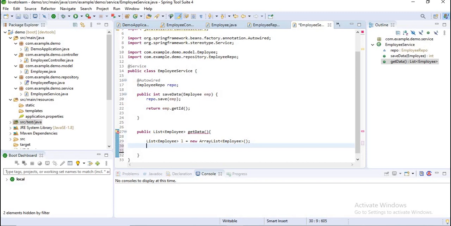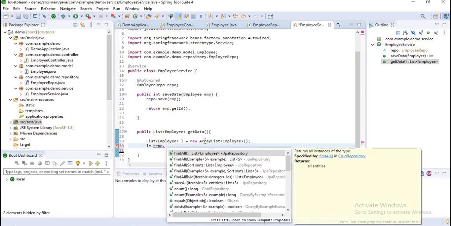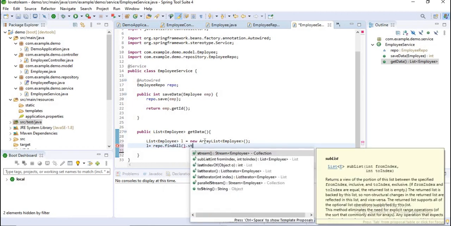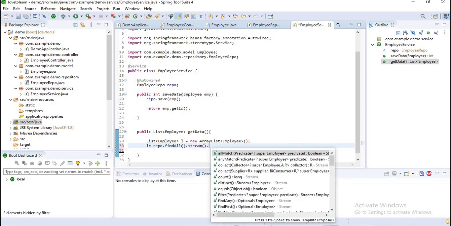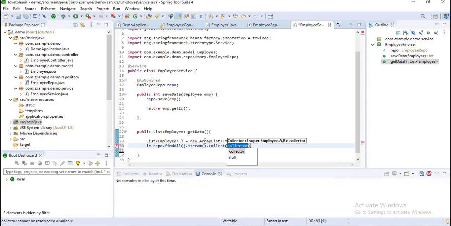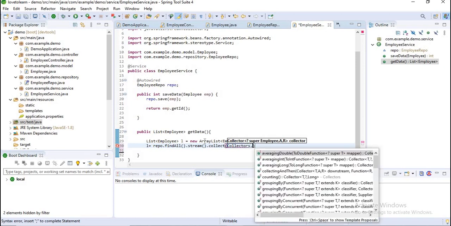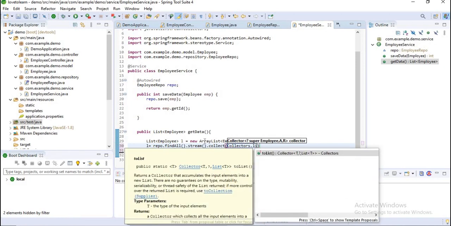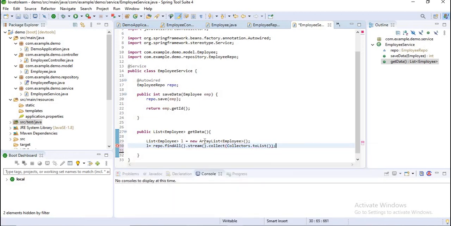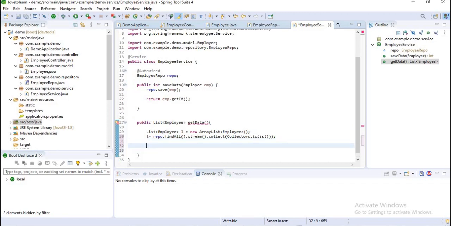Okay, how can we get our data? By using repository. I already created a reference variable for it as repo. repo.findAll stream dot collectors.toList. Guys, if you don't know about Java streams, you can find in description. I have made a bunch of videos about Java streams. And okay, let's return list here.